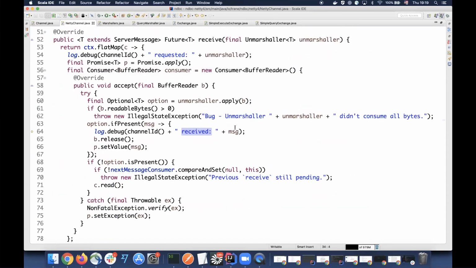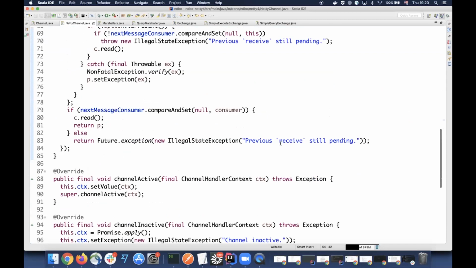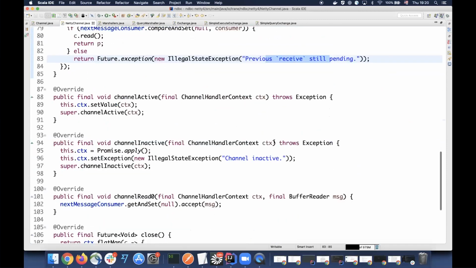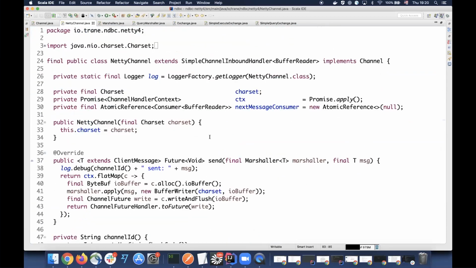where Java can be difficult, right? Where you have your context, and as you can see here, this is the guy that requests something, that builds that message, and tells the server, please send me back something. This is a hi, send me hi back. And here we have the other ones as well. Receive, oh, this is the timeout one, when receive is still pending. We have other messages, channel closed. This one doesn't matter that much.